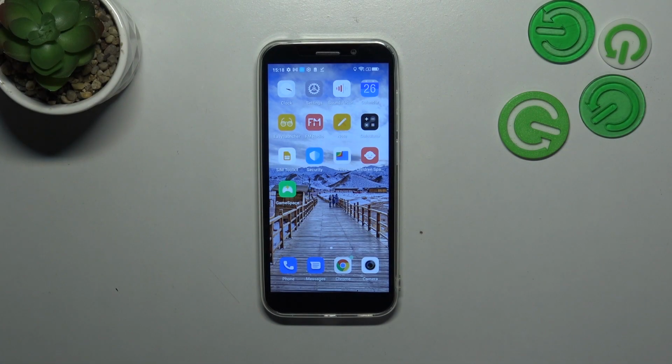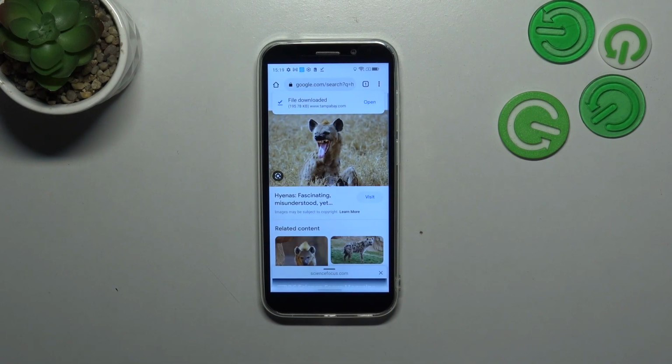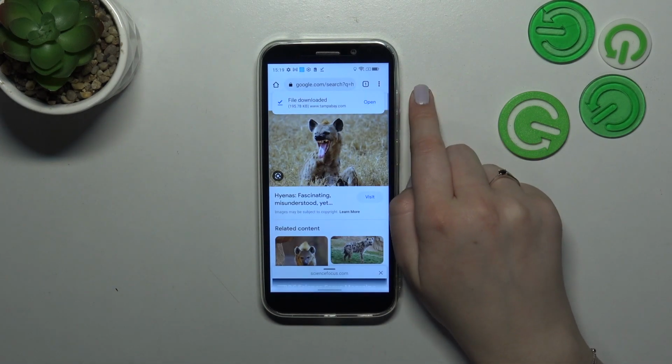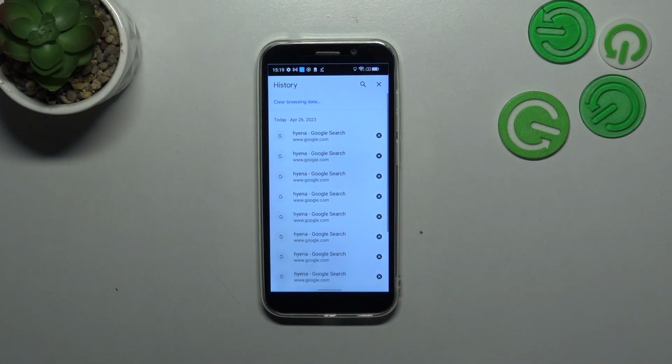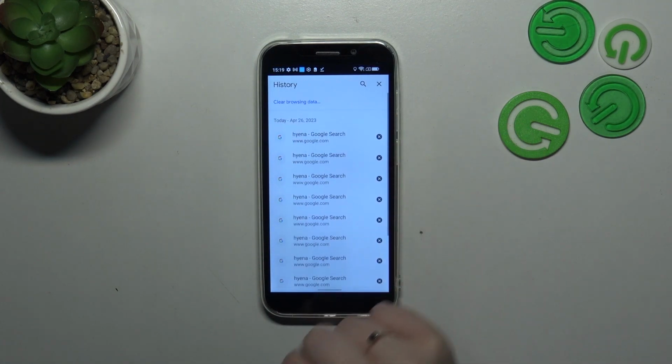So first of all, we have to open our browser, and in my case it will be Google Chrome, but no worries, this operation looks kind of the same in all other browsers which are commonly used. So let's open the browser, as I said, and here we have to tap on the three dots icon in the right upper corner. Now let's enter the history, and as you can see here we've got the list of